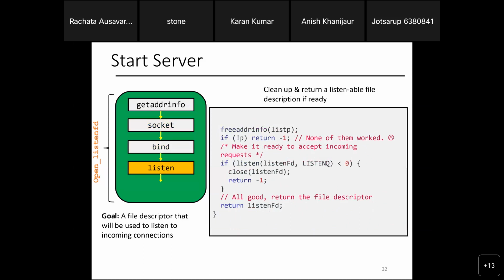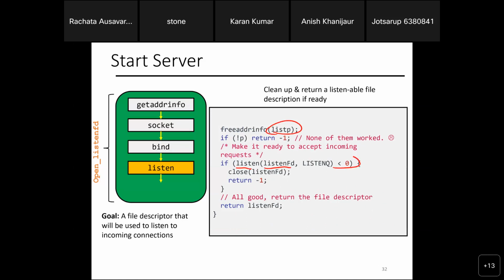Now, to clean up, you free the address info, which means the list p you had earlier. We don't need it anymore because we already have the socket open. It's done, so we free the address info. We make sure that we can start to listen by calling the function listen using listenfd.